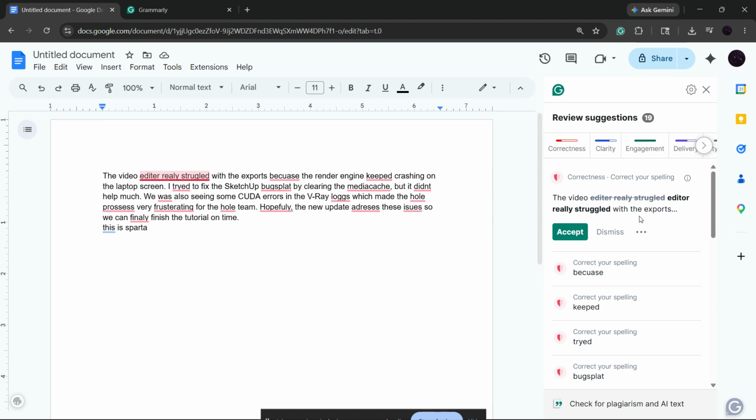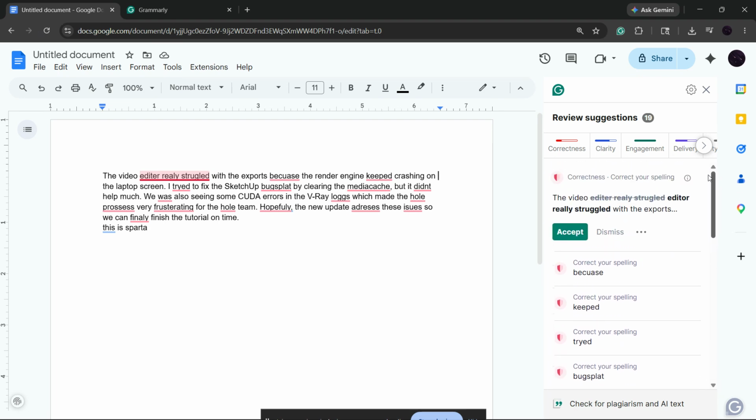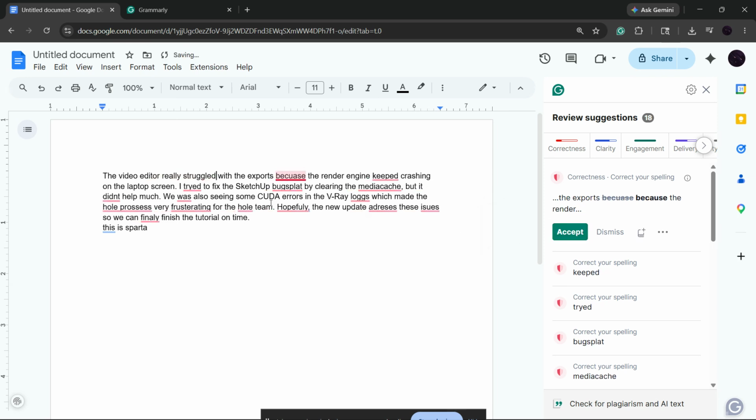If you're a pro user, you may notice additional card categories in the sidebar, but the process is still the same. Look at the top of the suggestion cards and start with the first one. This is the quickest way to move through your document efficiently while still keeping control over every change. Click the first suggestion card, then choose Accept. The moment you accept that suggestion, Grammarly will instantly apply the change and automatically jump your view to the next